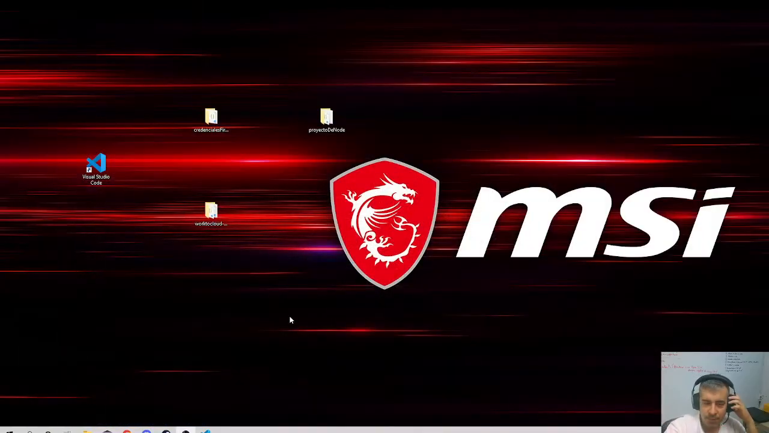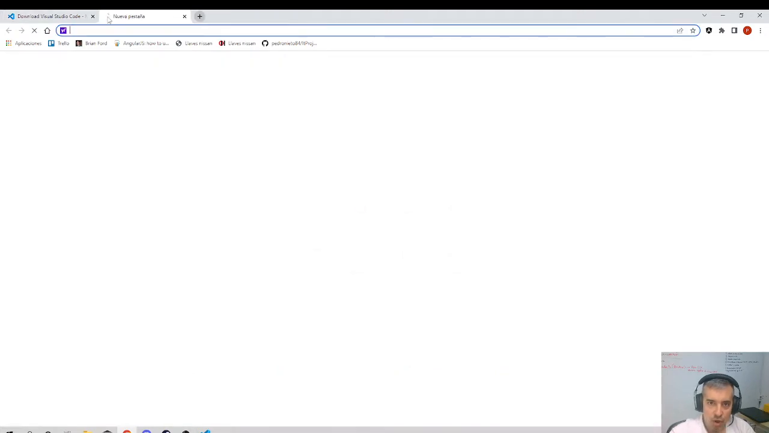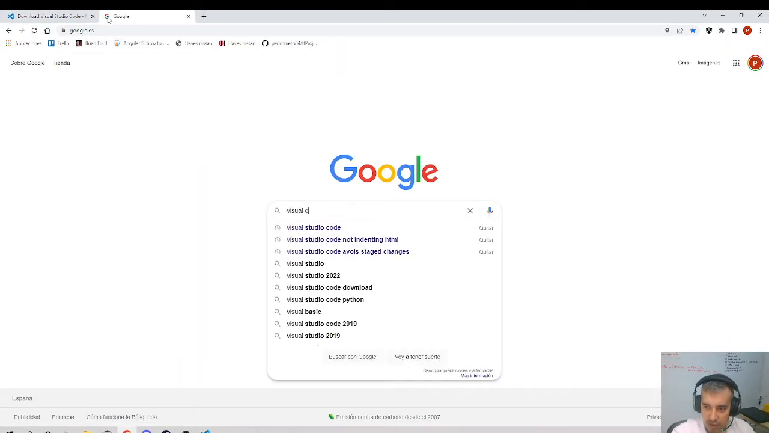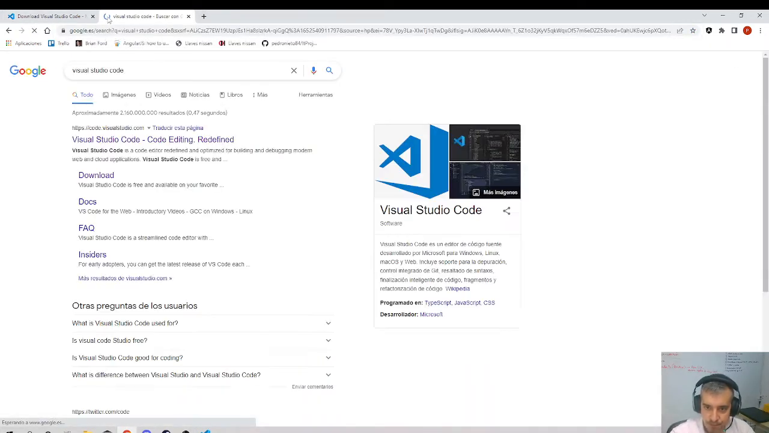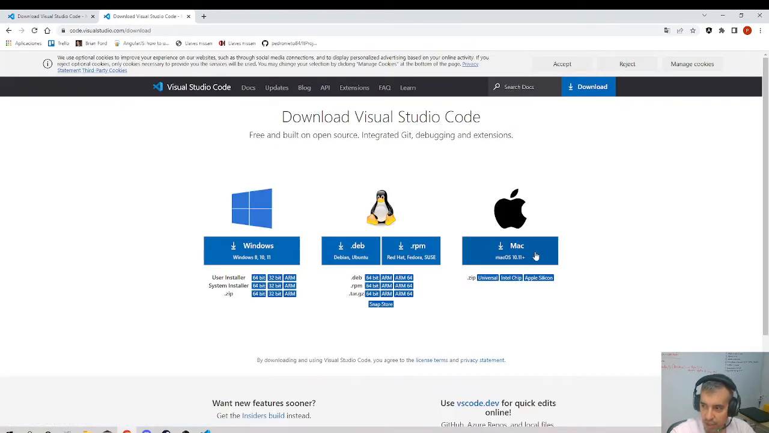Okay, so for this course we need some tools that are necessary to proceed. The first one is Visual Studio Code. You go to Google, write down Visual Studio Code, and download it for your operating system. I will do this course with Windows, but in theory everything should be equal for the rest of the systems. You download it, click next, and install it like any other